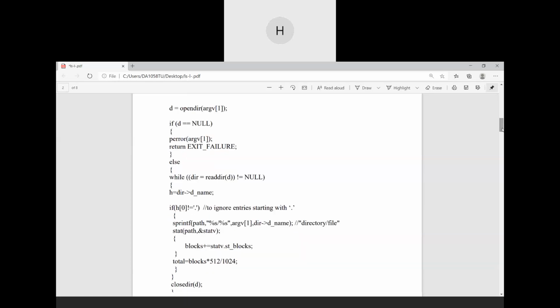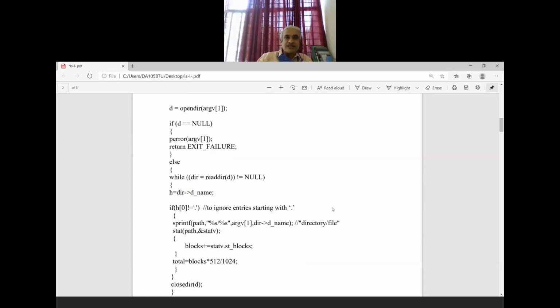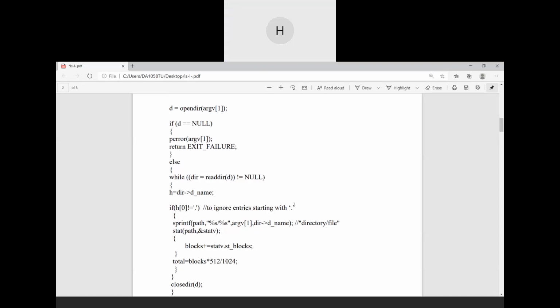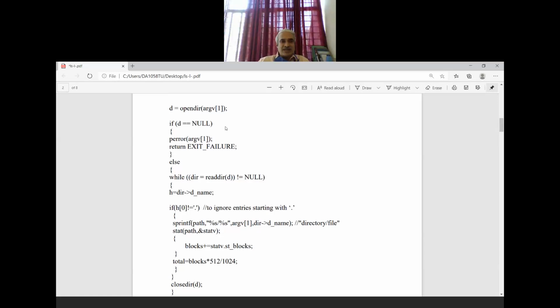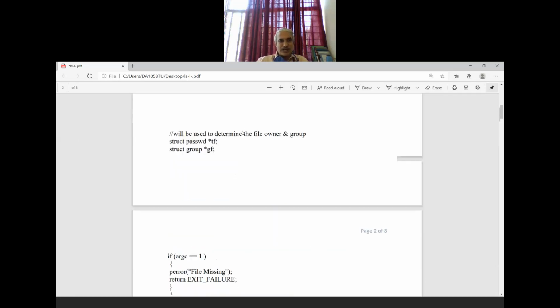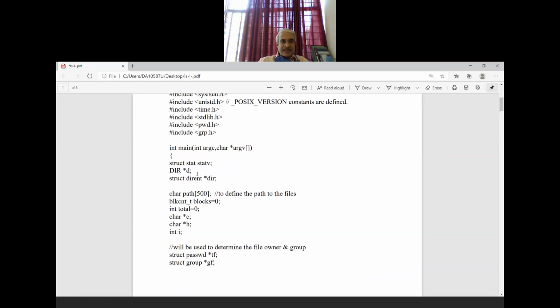Look at that, D is not a meaningful variable, right? You have to use meaningful variables everywhere. Scroll up to where D is declared: dir star D, small d. Instead of that, use dir star directory stream.